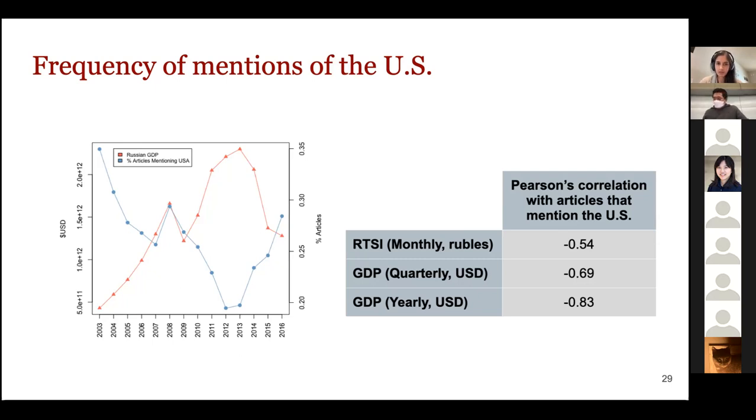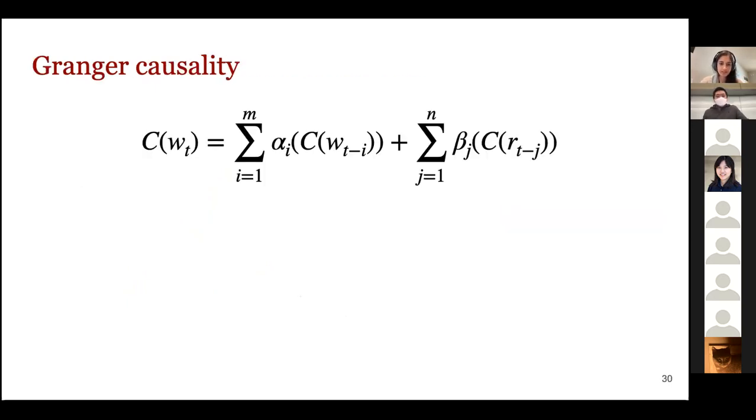But if we really want to conclude that there's some kind of agenda setting going on, what we want to be able to show is that this correlation is actually directed, that first we see a change in the economy, and then we see a change in the US news coverage. And in order to investigate that, we use a method originally developed for processing economic data, called Granger causality. The backbone behind a Granger causality model is a regression. And so what that means is we build a regression model where we attempt to predict the frequency of US mentions in the news in the current month.